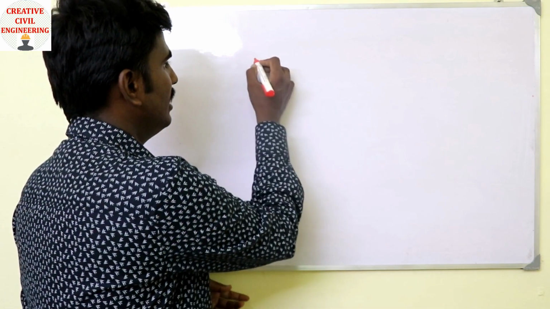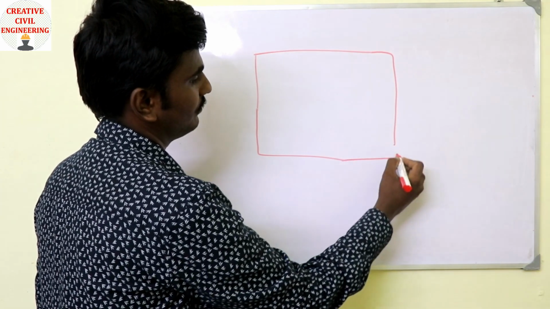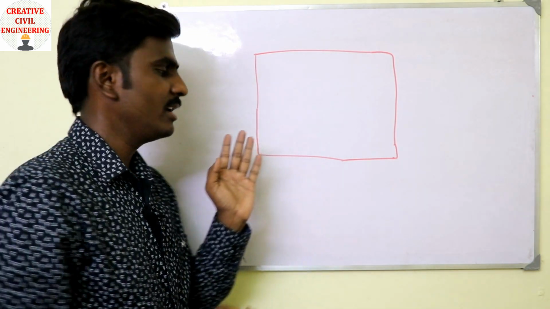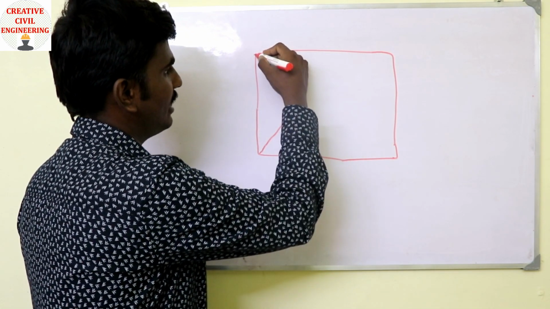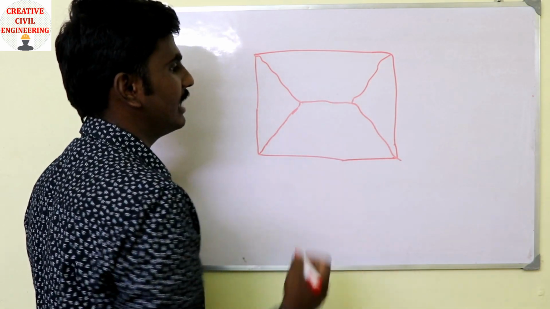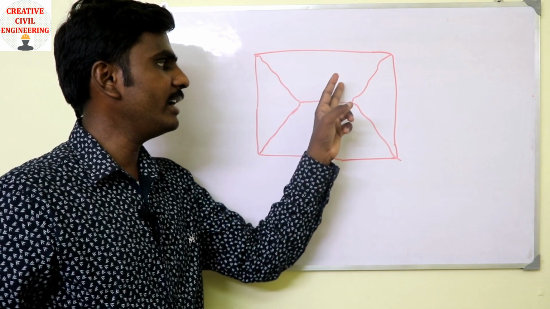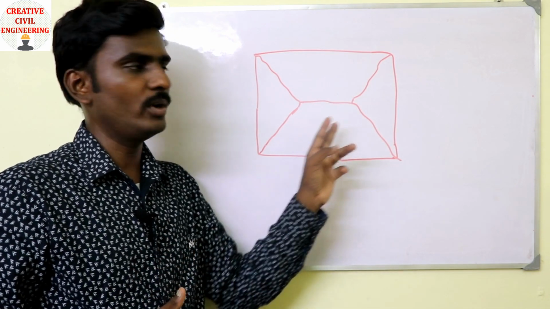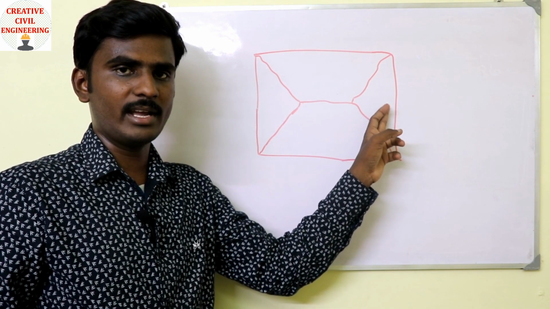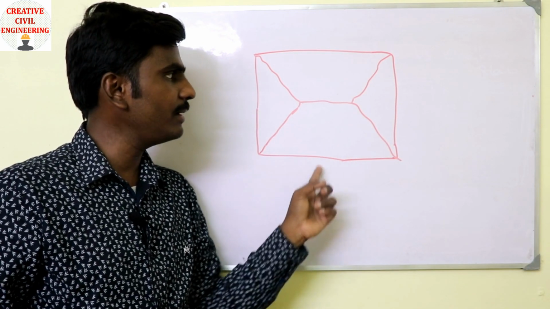Okay, for example, take this as a two-way slab. The load can be distributed in four directions by the shape. When you draw a 45-degree line from here, a 45-degree line from here, and here also 45 degrees, and you connect these lines, this is the load distribution pattern for the two-way slab. So here we have two shapes. One is trapezoidal, another one is triangular. We can say the triangular load can be taken by this beam and also this beam. The trapezoidal load can be taken by this beam and also this beam.